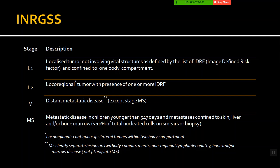a stage M neuroblastoma. But there are certain sites of metastasis which are special in the neuroblastoma setting, and those are metastasis in an infant. When we talk about an infant in neuroblastoma, the age is considered as an 18 months period. So in an infant who is less than 18 months, or to be precise, they say 547 days, a child who presents under the age of 547 days and has metastases which are confined only to the liver, or only to the skin, or only to less than 10% of the bone marrow,